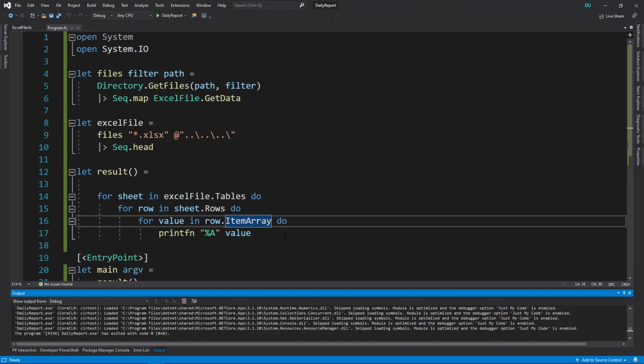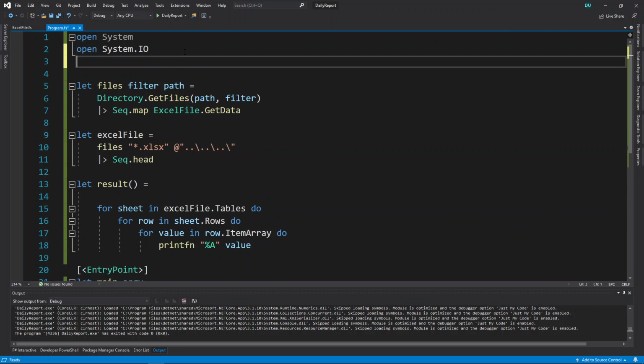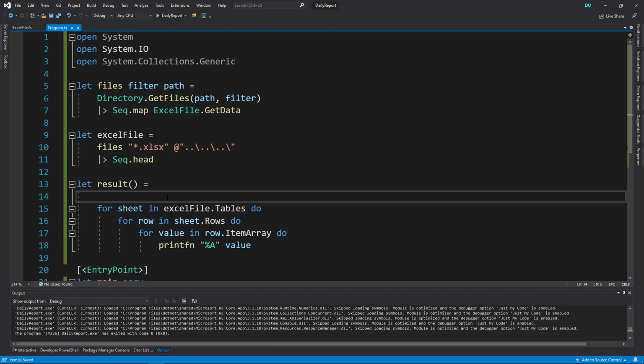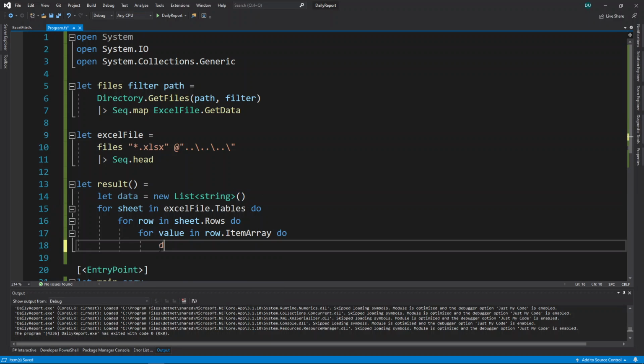But what I usually do is I open System.Collections.Generic so I can get the more traditional .NET lists. Unfortunately, my knowledge doesn't keep up here, but basically the mutable lists that everyone's used to from C#. So we'll do let data equal new list of string, and don't forget your open close parentheses because it'll confuse you forever otherwise. And I'll just go, okay, so data.Add